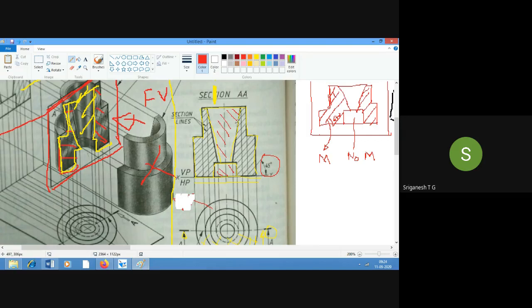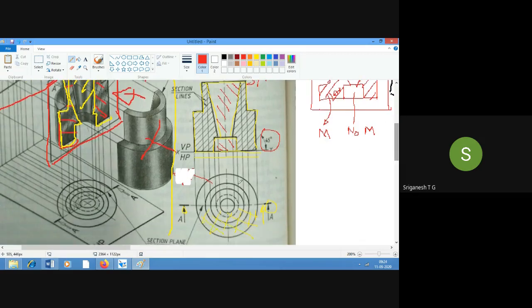So now what happens is that in the front view, what we will be able to see is the sectional front view, and in the top view, what we will get is only the top view. But what is the difference? The sectioning plane where the section is passing will be indicated.